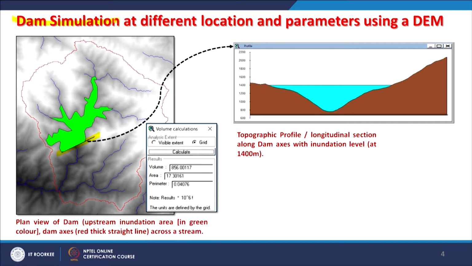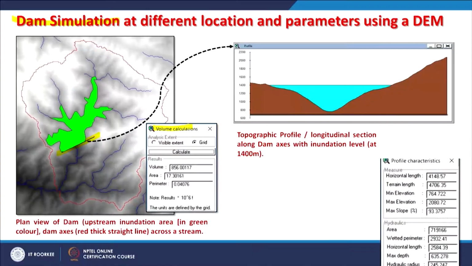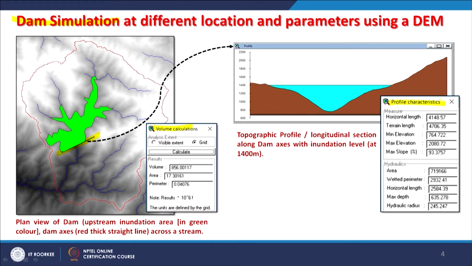So this is what this platform will allow you, and by this dam simulation you can do a lot of such things. Once I change the location of the reservoir, with the height kept the same, obviously other parameters, that is the volume calculations or profile characteristics, will also change. Doesn't matter, I can store them separately. Suppose I had a target of a certain volume of water which I want to store in the reservoir. If I achieve that, fantastic. If I do not, I will go back again and shift my reservoir maybe downstream, because if you go towards downstream you can store more water, but if I go upstream then the catchment area will reduce. So that judgment should also be made.